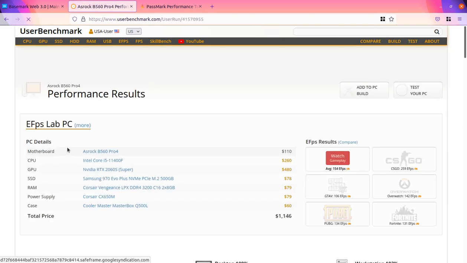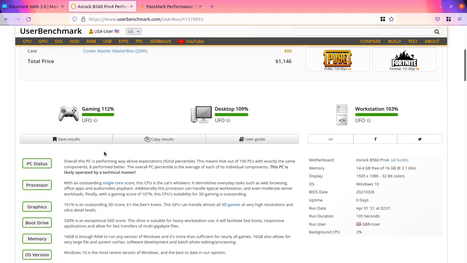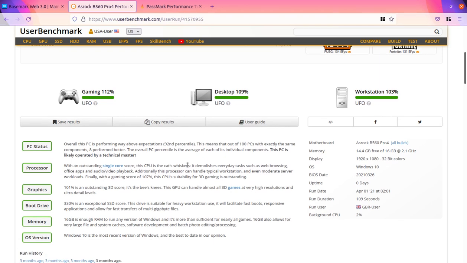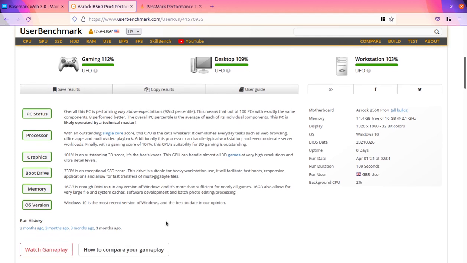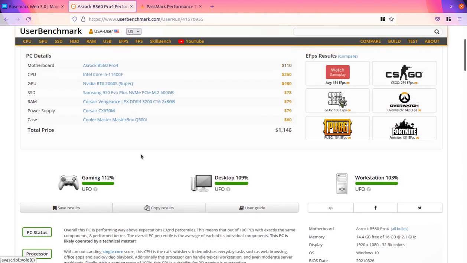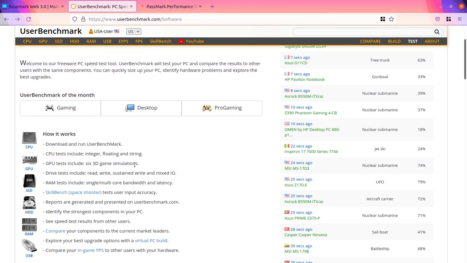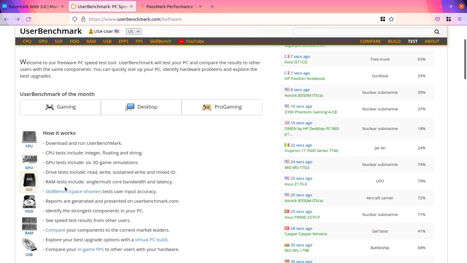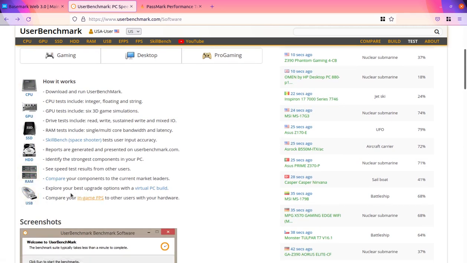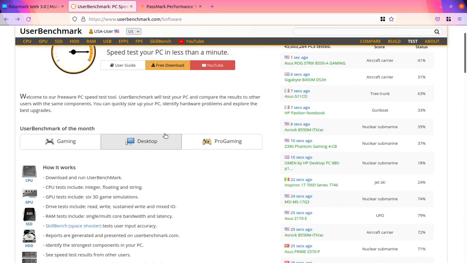This is the gaming best performing screen, and it has categories like gaming, desktop and workstation. So overall PC performance, or processor and graphics, boot drive, memory and OS version, you can check using this software, and you can in fact check CPU, GPU, SSD, HDD, RAM and USB using this software.